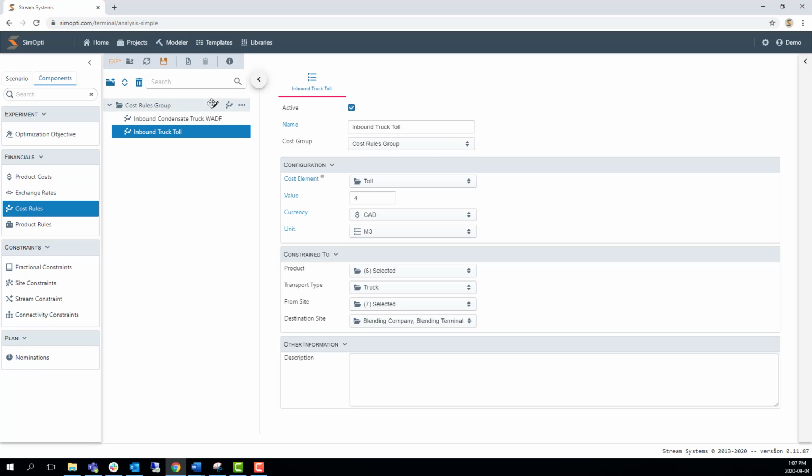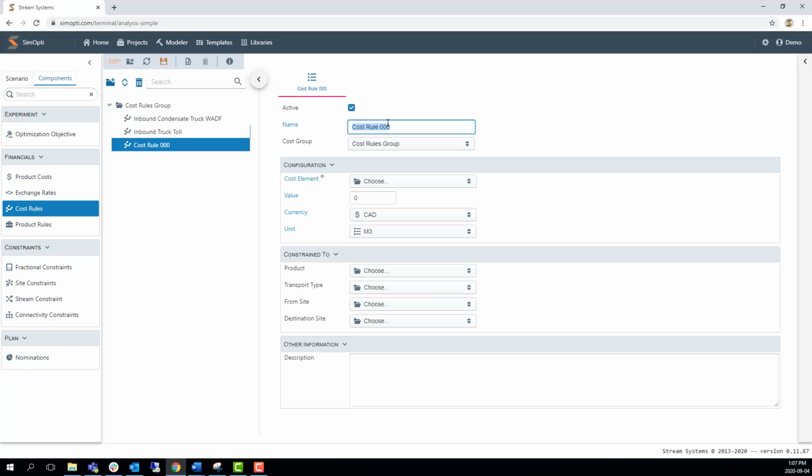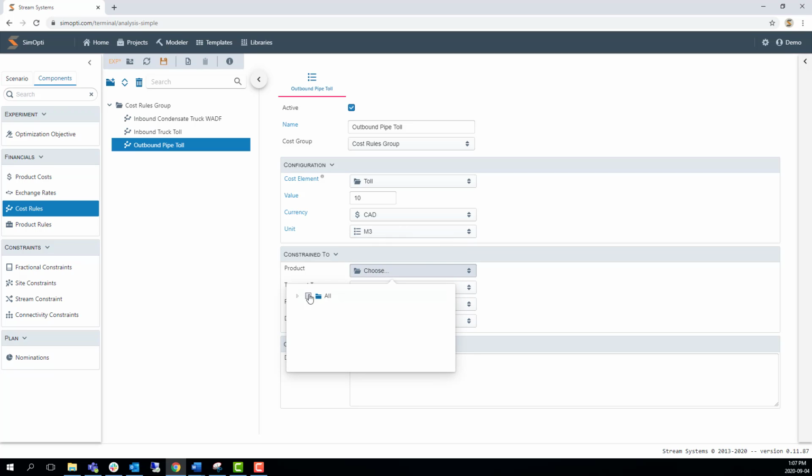So now, let's configure our last cost rule. So we've already configured our 2 inbound cost rules. Let's configure our 1 outbound. And this will be our outbound pipe toll. So our cost element will be a toll with a value of 10 Canadian dollars for every cubic meter of all products for the transport type of pipe